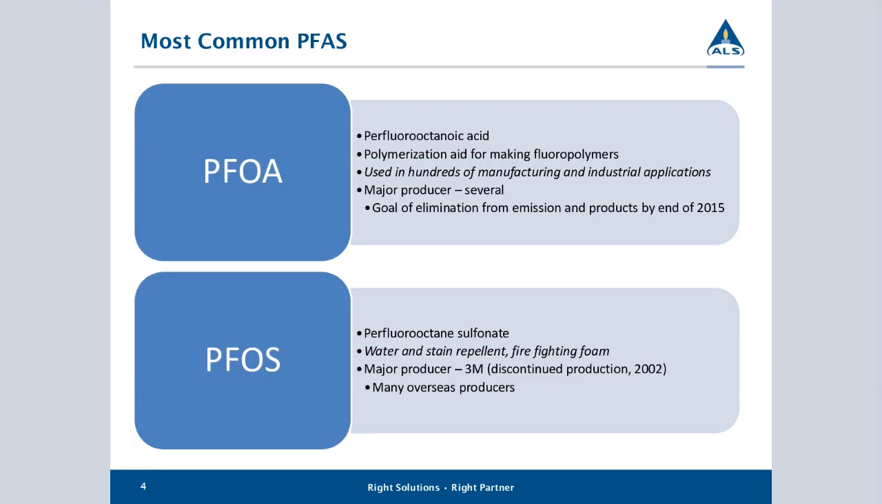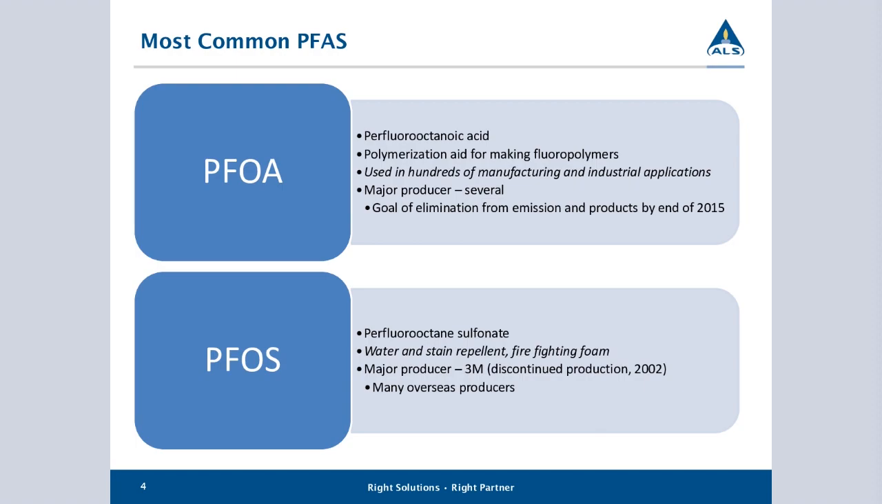So the two most common PFAS compounds are PFOA, or perfluorooctanoic acid, which was used in the making of plastics or fluoropolymers, used in hundreds of manufacturing and industrial applications. It was produced by a number of different companies, and the goal was to have this eliminated from emissions and products by the end of 2015. Unfortunately, that goal was not